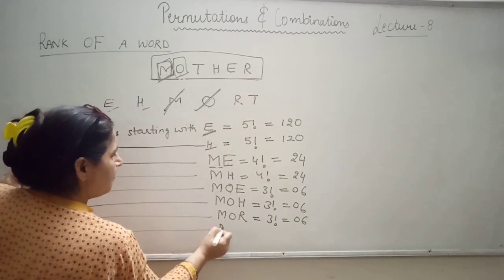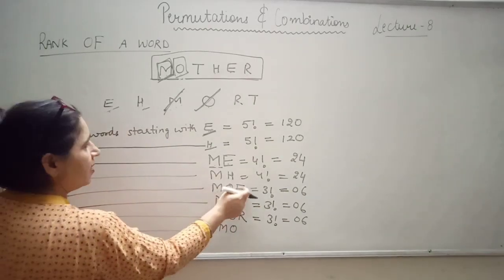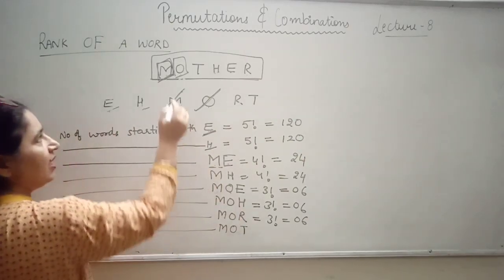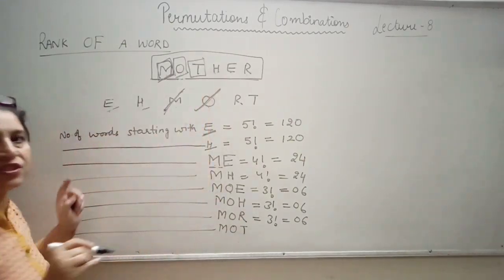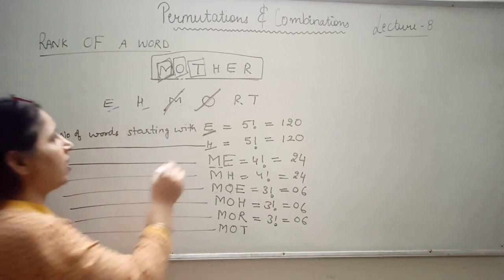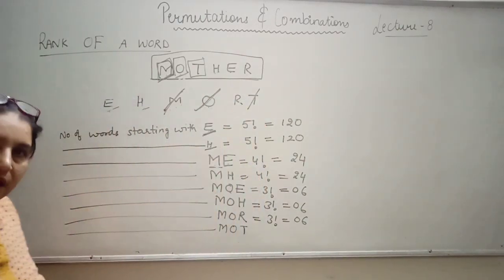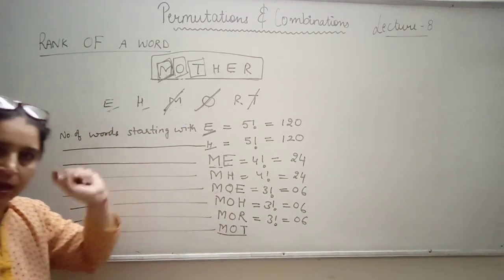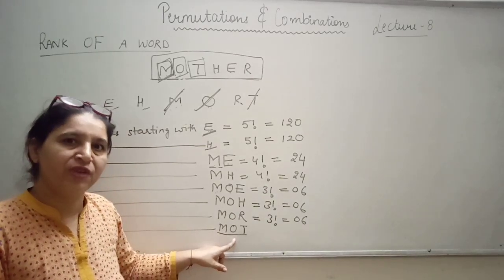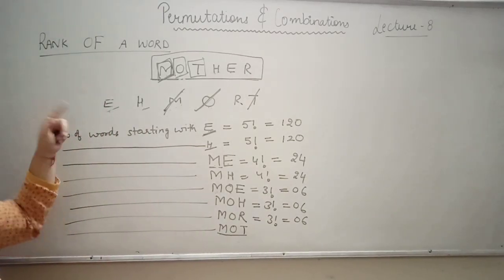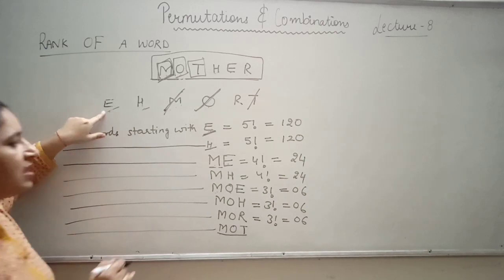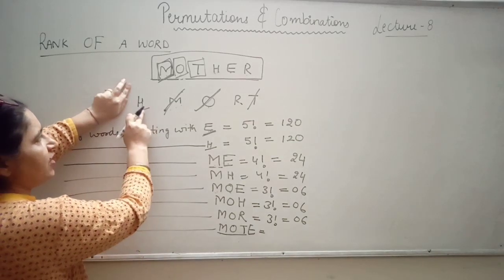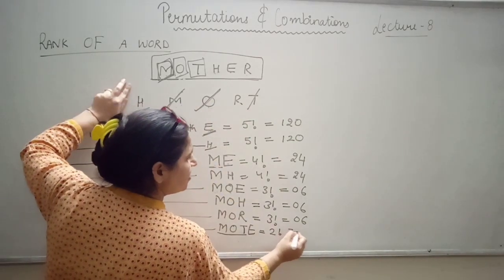Now M O. E I had taken, H I had taken along with M O, and I have now taken T. T is exactly at the same position which is there in our word. So I am going to cut this also. Now again I will start alphabetically, but now these 3 will remain always fixed. Along with these 3 fixed letters, I have to again start in alphabetical order, that is E. This is E. So hide this E. How many letters are left here? 1 and 2. This is 2 factorial, means 2.